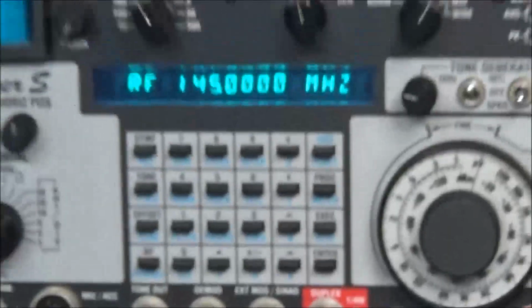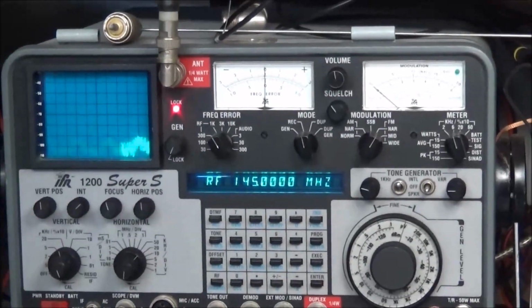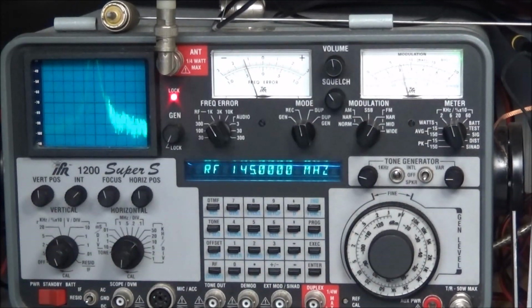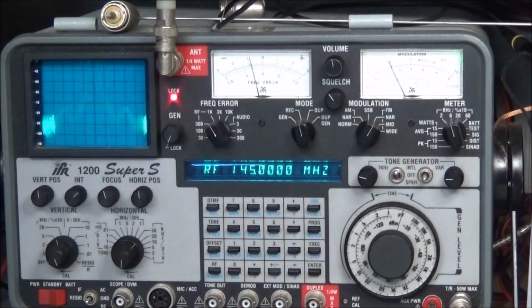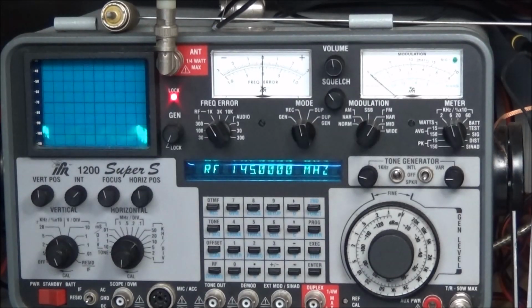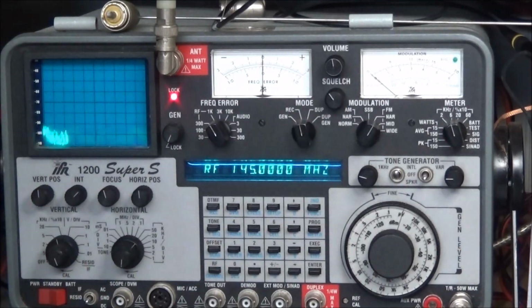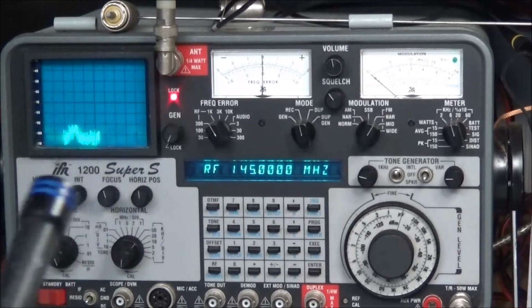Go here to the IFR. Looks good. Check 1 2. Check 1 2. Test 1 2. Test. Very good. No more problem. Now Bill, I looked at this antenna here,